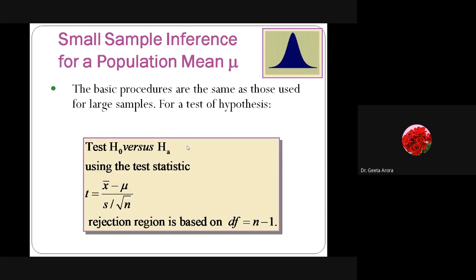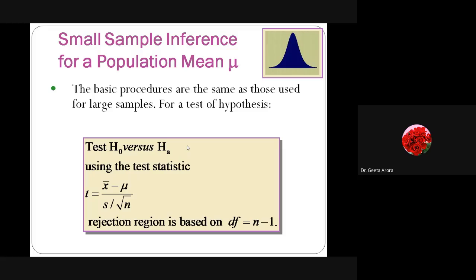Then here we are going to use the test statistic, which is T. There we have noted it by Z, and the only difference is, as we have discussed, that here we have S in place of sigma. There we have taken Z is equal to x bar minus mu divided by sigma by under root n, and here we have S by under root n. And there we have written that the decision is based upon mod Z being less than mod Z alpha for acceptance, otherwise we reject the null hypothesis.